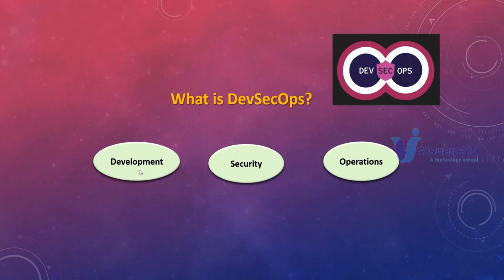Now, when you write the code, how will you tell that your code is secure? Whether the code you have written is right or wrong, who will decide that? Your senior developer, or there might be some testing tools to test your code and certify it. As part of this, we need to check the security as well. Whether you are using proper modules or not, whether you are using any third-party modules or not. Do we have any loopholes in this code? Because if we have any loopholes, code smells or duplication of code, that will affect your application or software. That is the job of the security team.